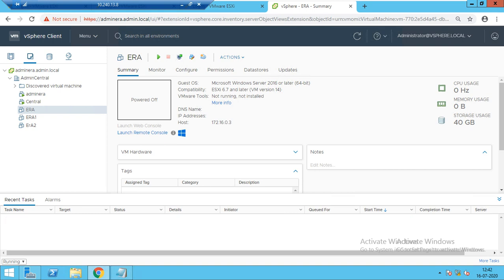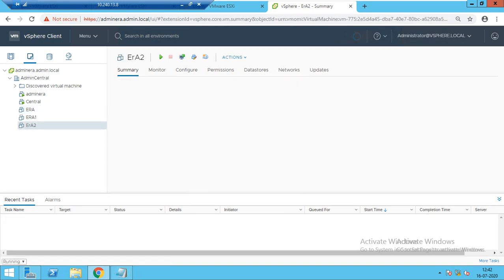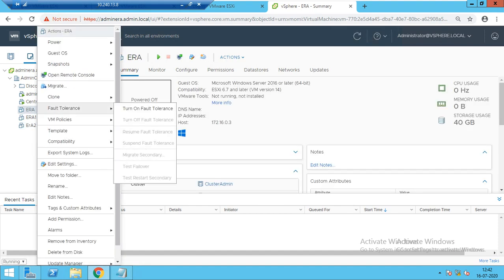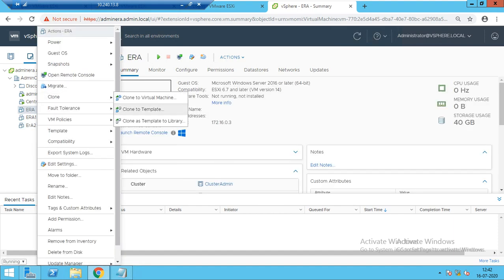So now the clone has become available here. If you want to make a clone to a template, it means you have the virtual machine, you want to make a clone of that virtual machine, and you want that clone virtual machine to become a template. So what you do, just go to the virtual machine, right click, clone, and clone to template.